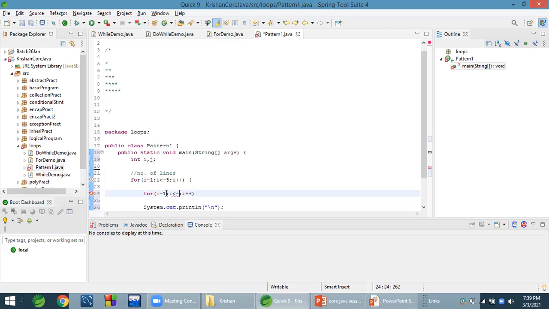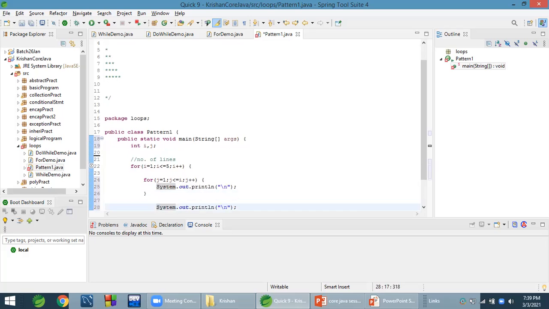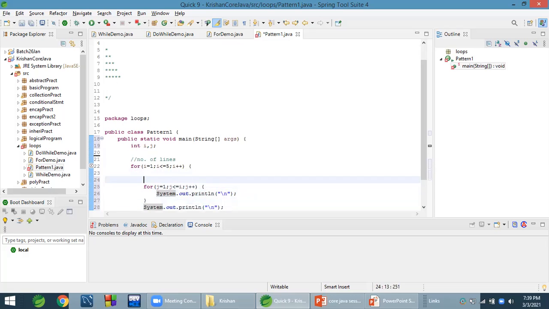Then we will write here i. The loop variable will be j, and here print star, with curly braces for this inner loop. This loop is to print stars.